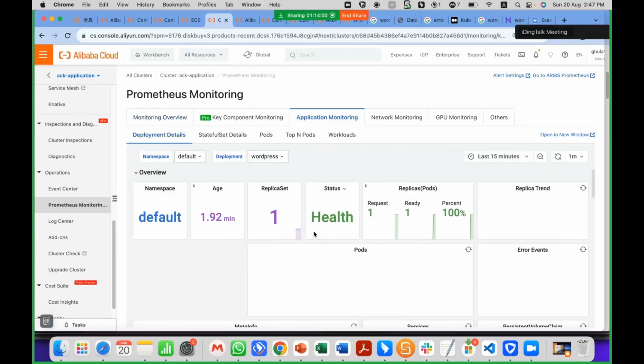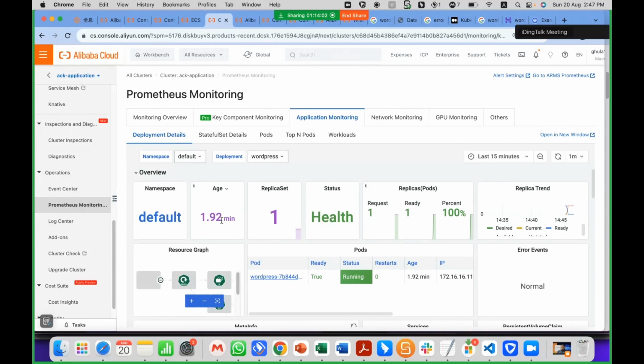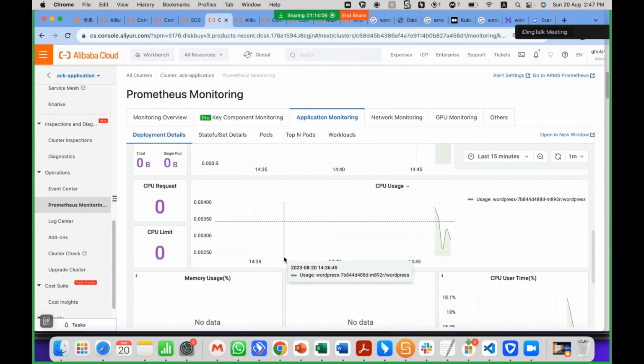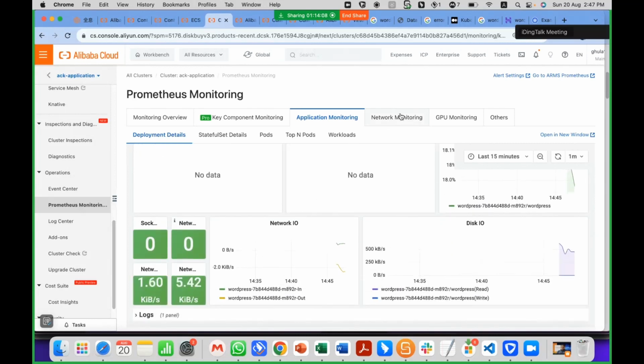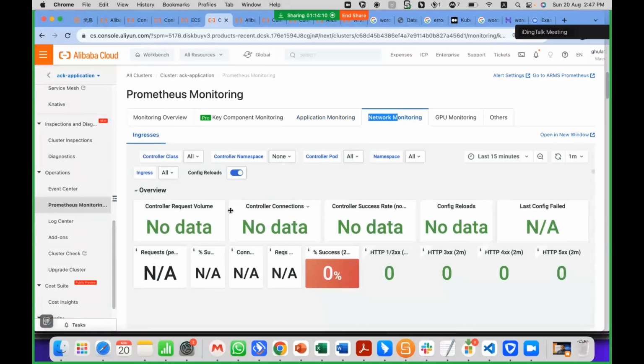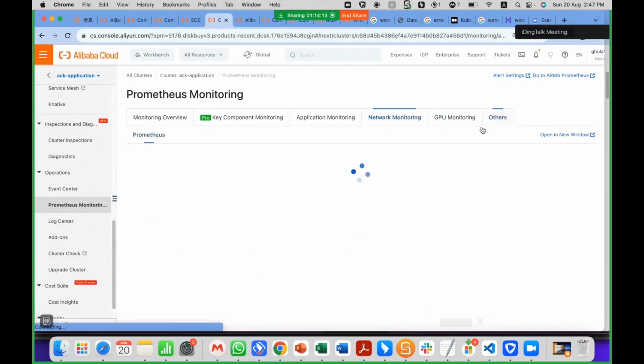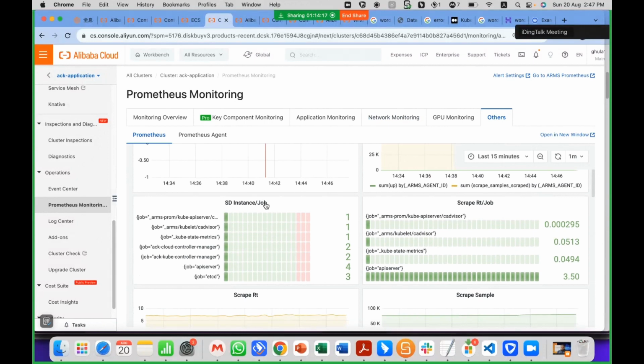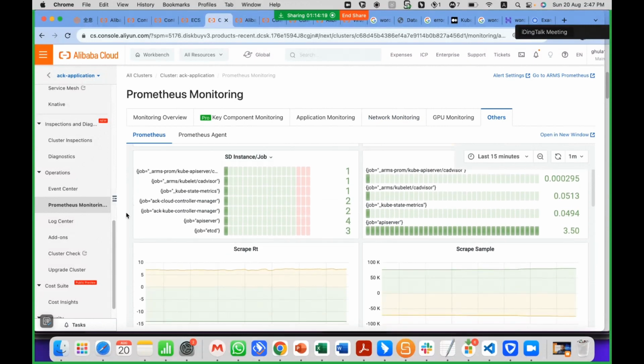Application monitoring is there. You can see the age, the replica set, and other information related to the monitoring environment. For network, you can monitor your network as well, your GPU, or other different types of monitoring can easily be managed in this platform as well.